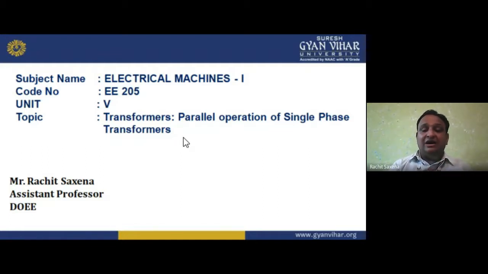Then we have testing, because if I am using a machine, I have to test it. Why am I testing? Because I have to identify the losses. Three losses are there. First is the copper loss, I squared R. Then we have the core or magnetic iron loss, in which we have eddy current and hysteresis loss. Then we have the mechanical losses, friction and windage. Friction is due to bearing, and windage means the air gap between the pole and its armature. So it is a windage loss.